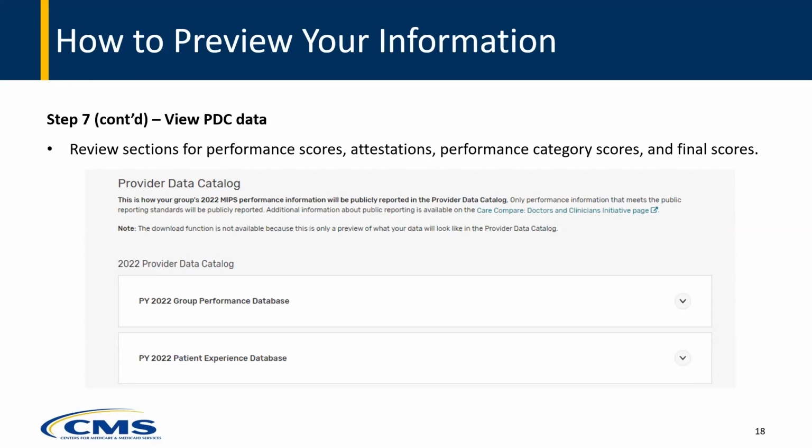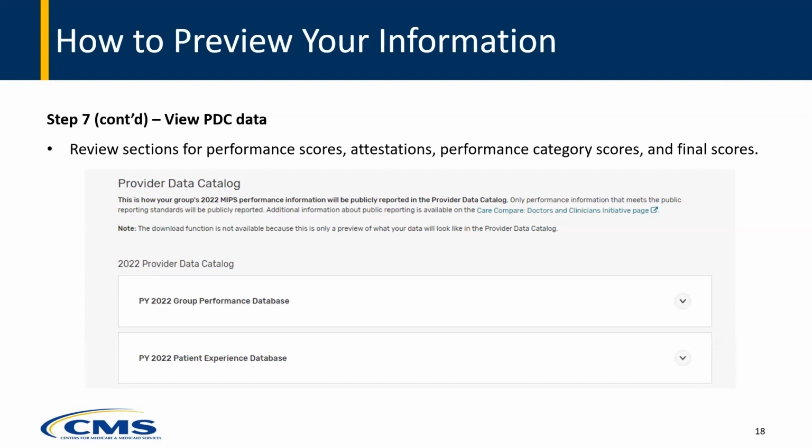The Clinician Performance Database contains performance information planned for public reporting on profile pages, as well as additional performance information that's planned for public reporting but wasn't selected for profile pages.